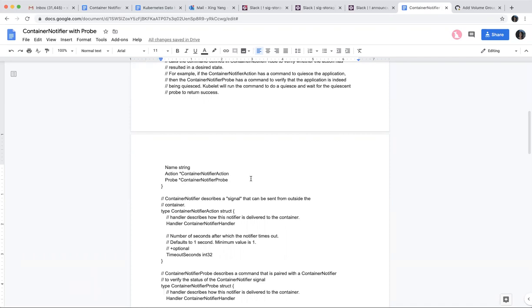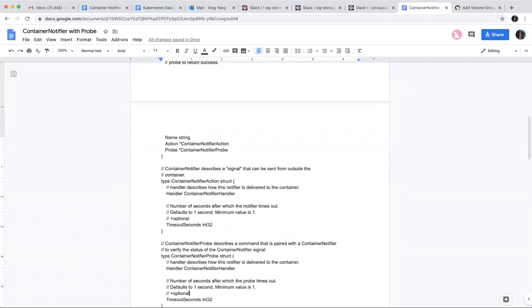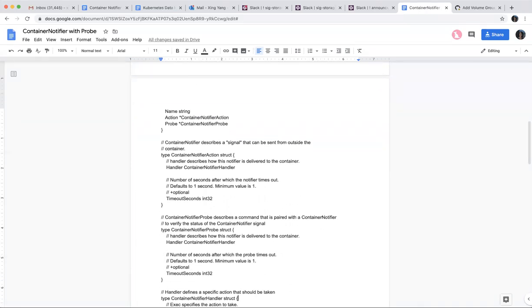Yeah, this really depends on what application you are. The probe is optional, correct? It is optional, yes. What does the probe return? A Boolean? The probe is the same thing. You run a command, you will get an error code and message back. So if it's successful, then you just won't get anything, right? So you depend on that one. But at least this one clearly tells you this is a probe.